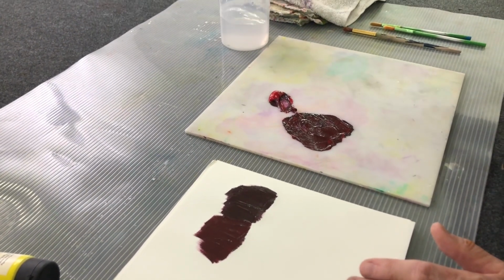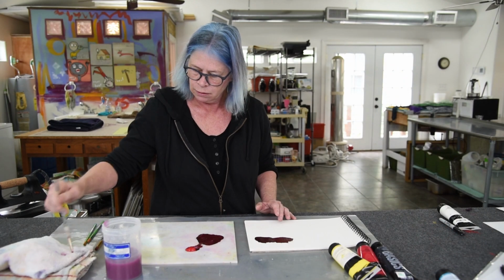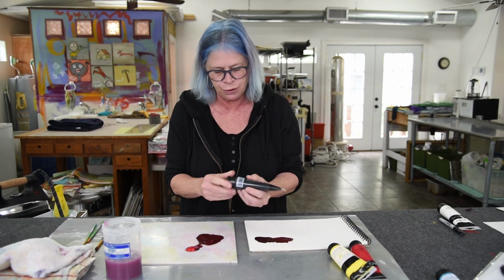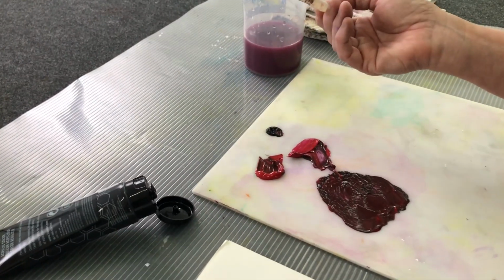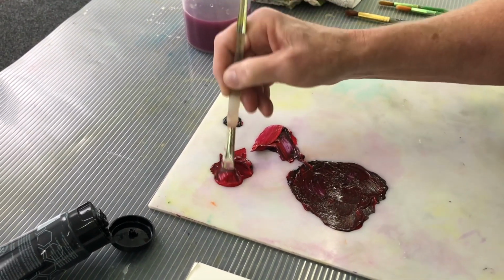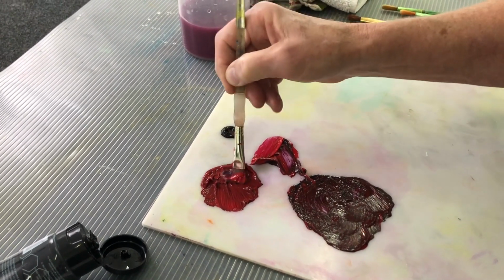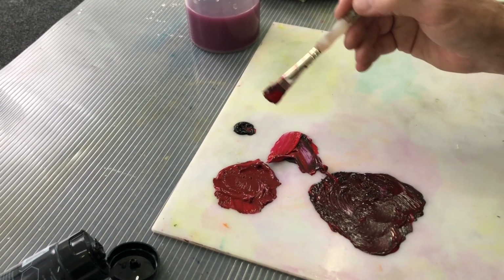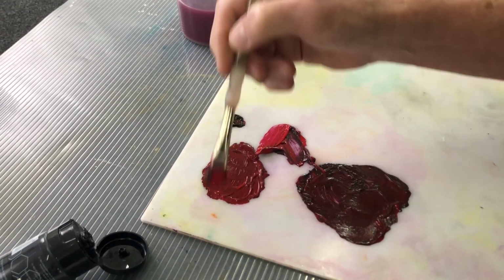So I'm going to rinse this brush out again and go at it from another direction. I've still got plenty of red paint, so I'll just start with a new dab of black. And this time I'm going to reverse my process. So I'm going to put the red over here, and I'm just going to add a tiny bit of black to it. So it took, not even, I can't even tell you, there is no measurement for that. Is there such a thing as a dib? Took a little dib of black to create that